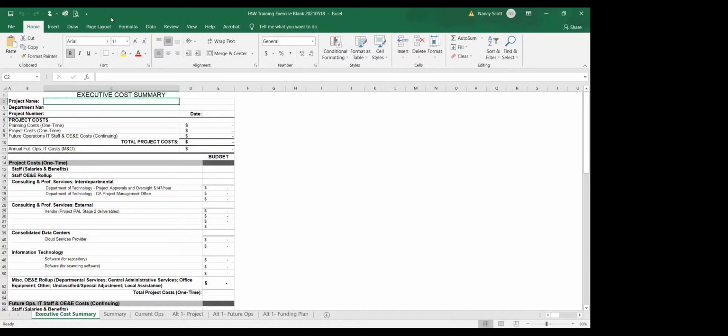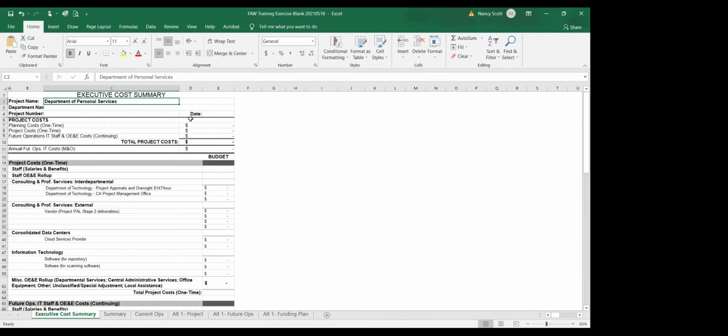Instructions. So I'm going to enter, I think it's Department of Personal Services. Sorry, that's not the name. I did it wrong.